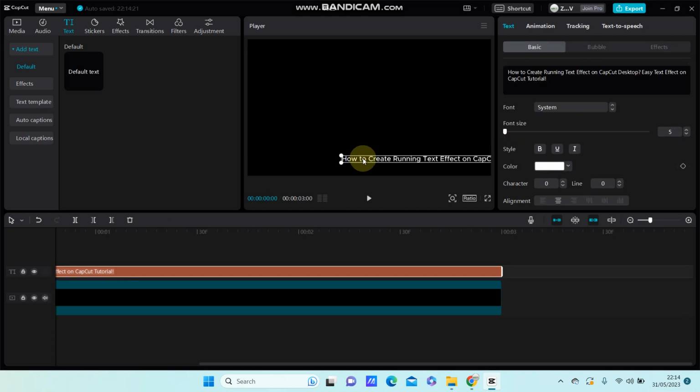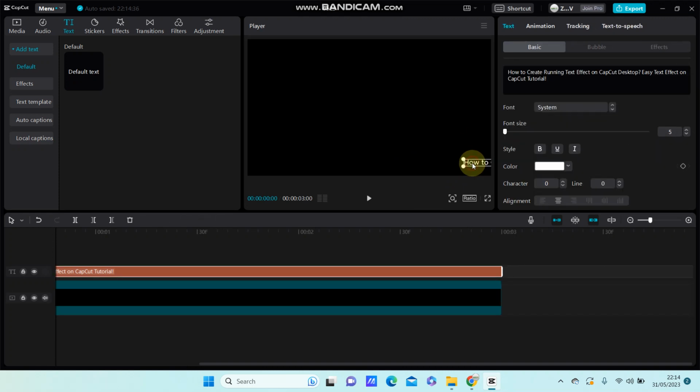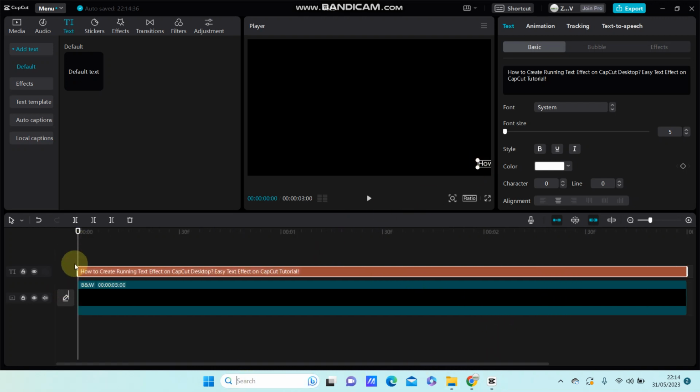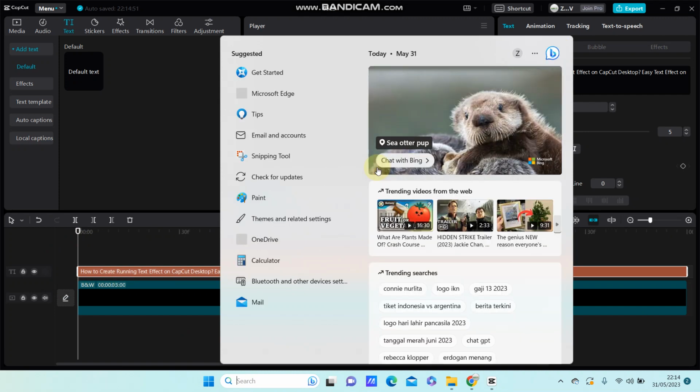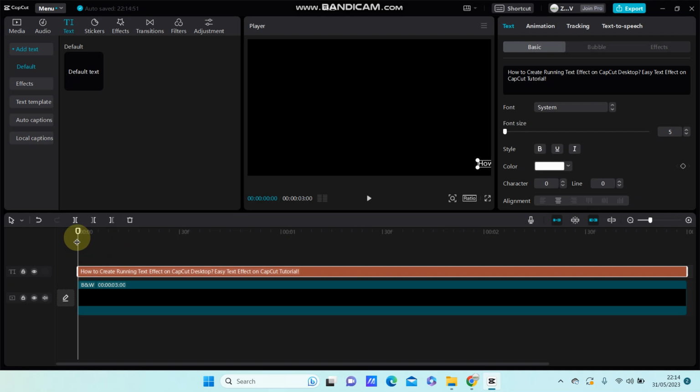You can change the size and the position, and at the right bottom corner here, and then make sure you are on the first frame, in the first part, and select the